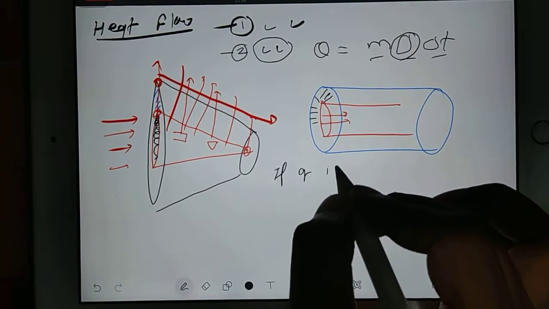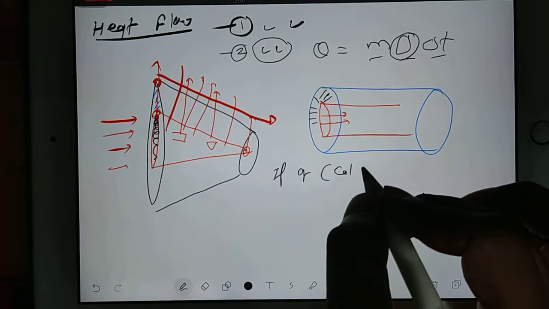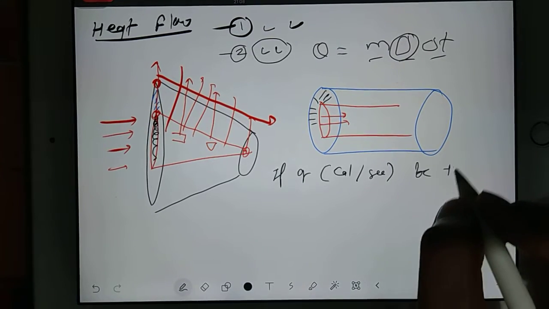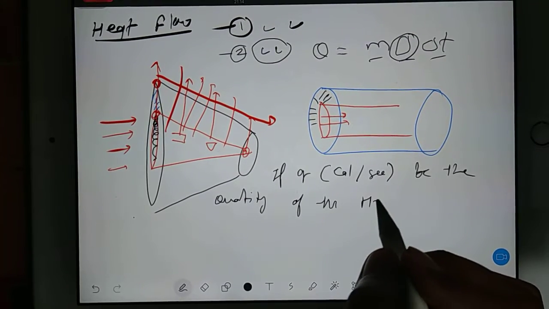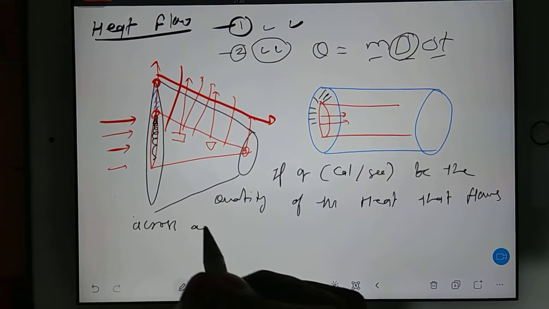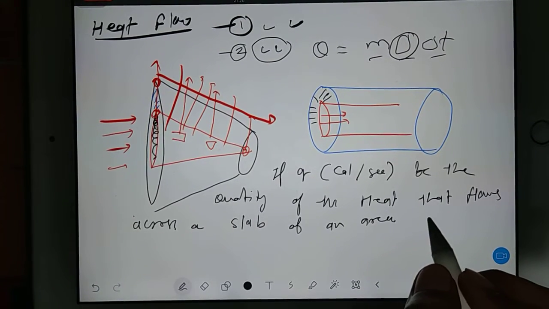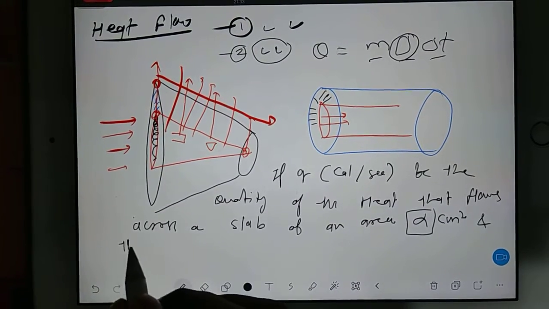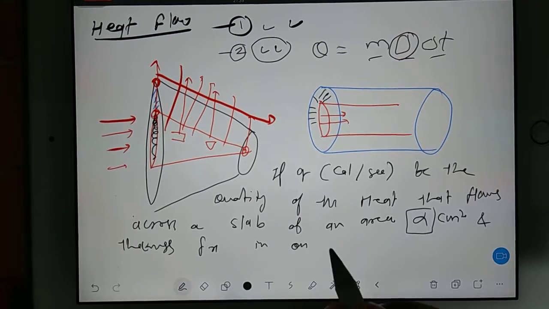If Q, in the bracket you write calorie per second, which means how fast the heat is flowing, if Q be the quantity of heat that flows across a slab of area, suppose alpha, this alpha centimeter square, and thickness del x, in 1 second,